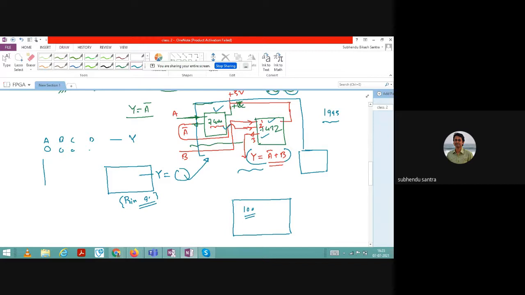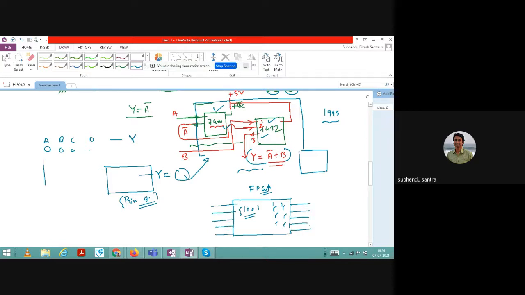Now this 100 I am saying, it is not 100 if you go for any practical FPGA chip. This is called a field programmable gate array, and basically open-ended transistors are given on the board. For simplicity I am saying it is 100. Practically it is not 100. It is 10,000, or maybe 1,000,000. So this type of transistor will be provided to you. It is open-ended transistor, so you can take these switches as transistors. A lot of transistors are open-ended, you can use any one, and it has a lot of inputs and a lot of outputs.